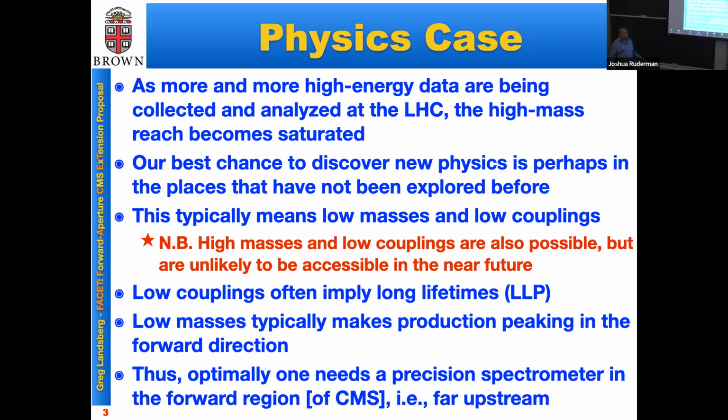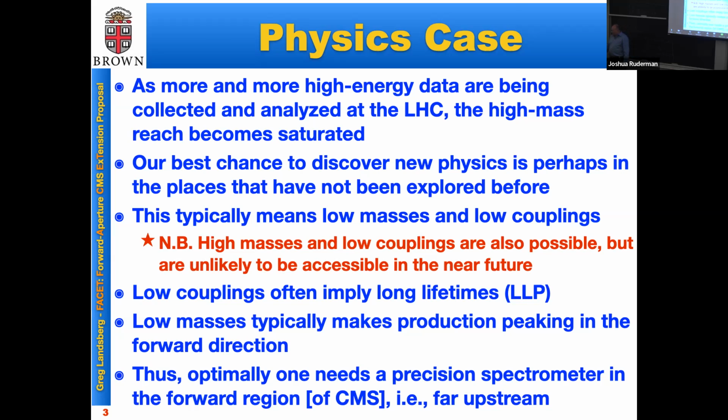High masses and low couplings, of course, are also possible, but they're not likely to be accessible in the near future, maybe by the end of the LHC. Low couplings often imply long lifetimes, and low masses typically mean production peaking in the forward direction. Thus, optimally, one needs to have a precision spectrometer somewhere in the forward region of a big collider detector, for instance, CMS,